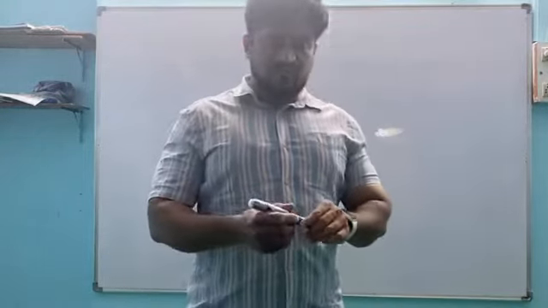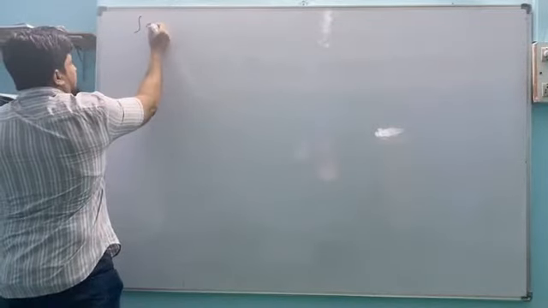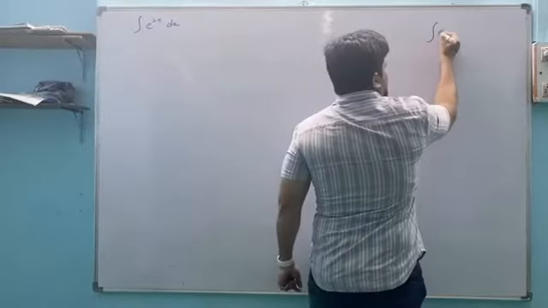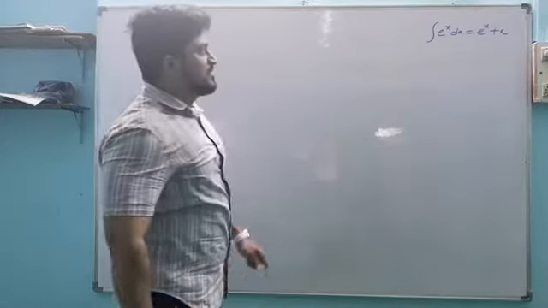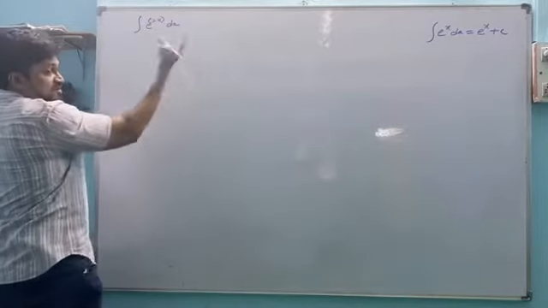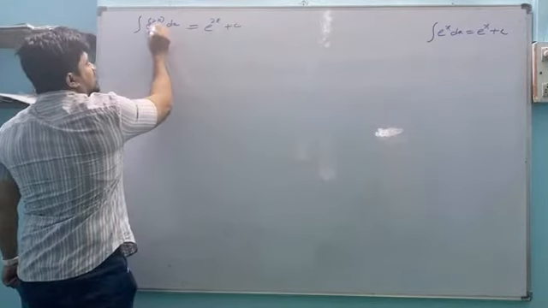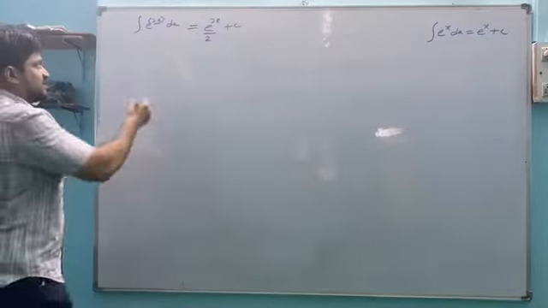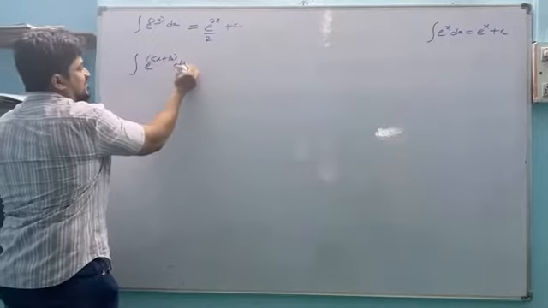Whenever we need to find the integral of e power 2x: suppose the integral of e power x dx equals e power x plus c. Now for the integral of e power 2x, whenever we find any linear function apart from x, we write the same thing, e power 2x plus c, and the derivative of the inner function we should write here. Check once again: if the integral of e power 5x plus 3 dx is given to you,